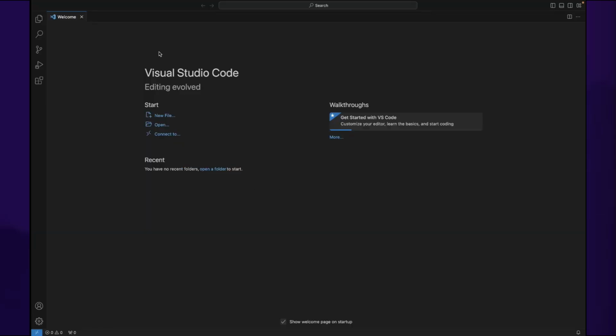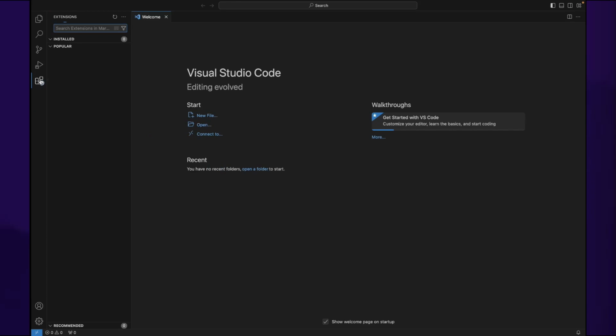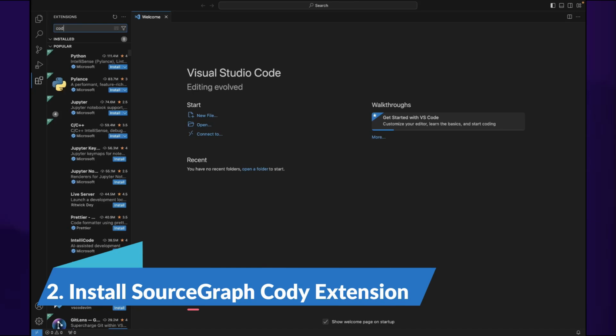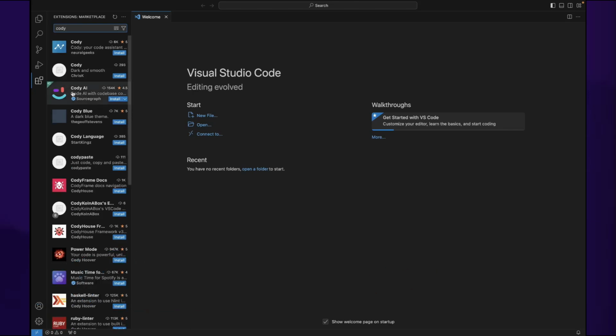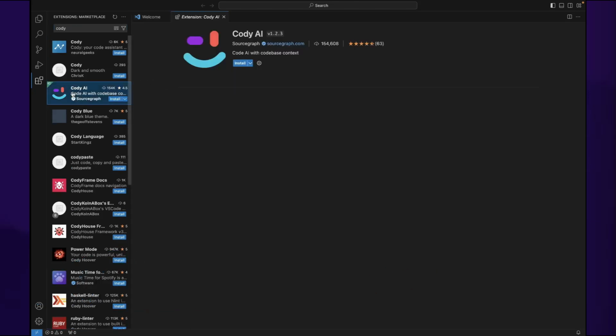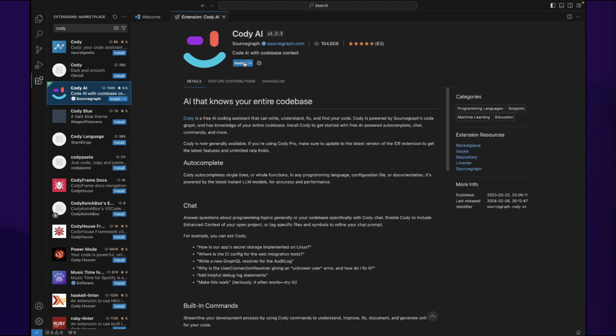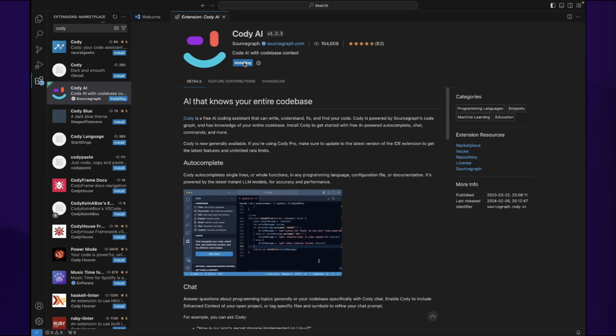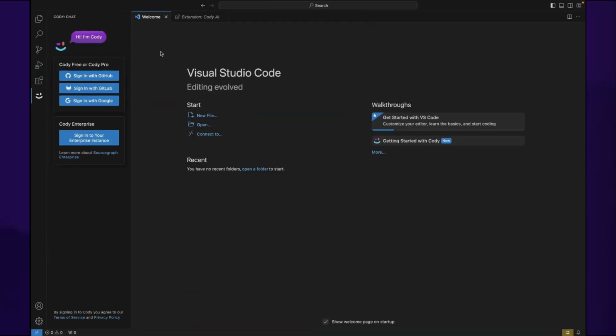After opening up VS Code, I'll simply navigate to the extensions, and here I will type in Cody. This is the extension which says Cody AI. I'll click on it and then click on the install button to install my Cody AI extension. After installing it successfully, you'll see this Cody icon on the left side of the